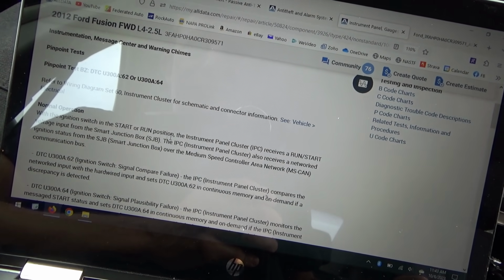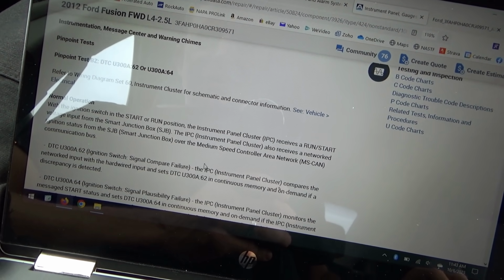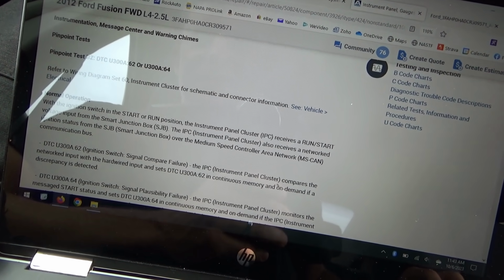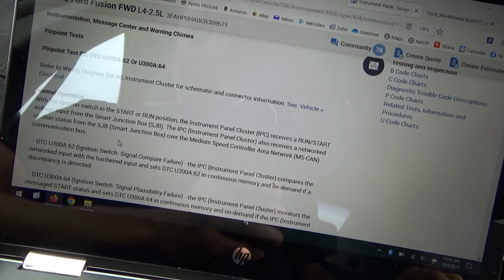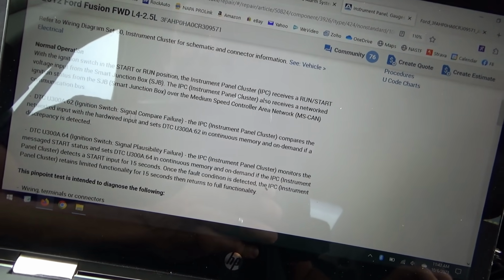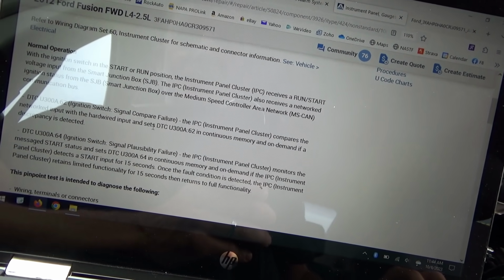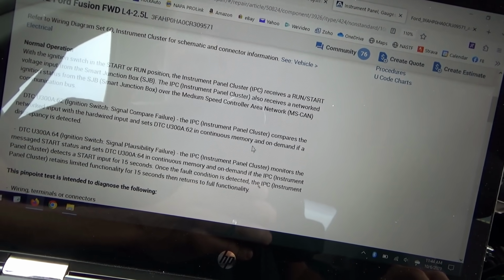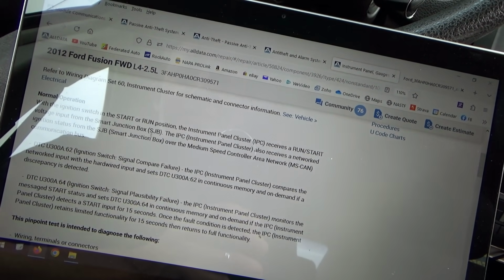When ignition switch in run or start position, IPC receives run start voltage from the smart junction box. IPC also receives network ignition status from the smart junction box over the MS CAN communication bus. So this sets when it compares the hard network input with the hardwired input, and sets continuous memory and on demand if a discrepancy is detected. So smart junction box